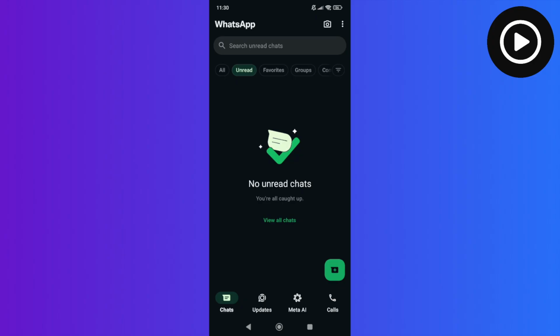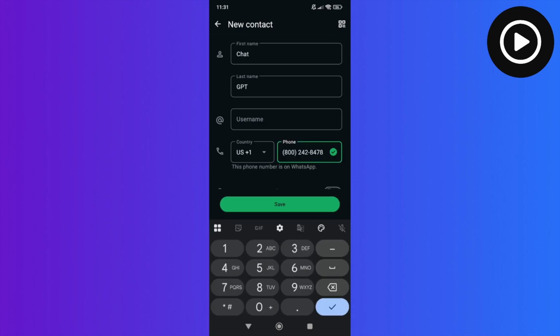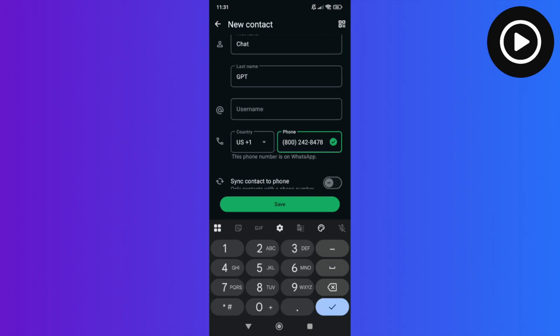add the WhatsApp ChatGPT number as a contact. So you want to click on the three vertical dots or the plus button below, and then you want to press new contact, and then you can give it first name Chat, last name GPT. It's whatever name you want to use. But for the phone number, make sure to use this phone, +1 800 242 8478, and then you can save